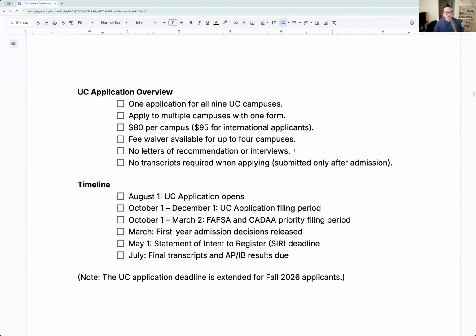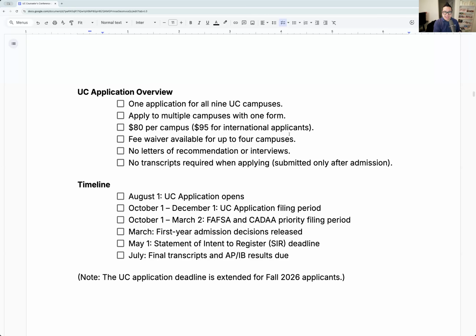There are no letters of recommendation or interviews for the UCs unless, by the way, little star, you get invited for augmented review. For some of our seniors right now, something you may see in December, January is the UCs might reach out and say, hey, optional, can you fill out this question? Can you submit this? That means you're in augmented review, meaning they won't tell you this, but I'm telling you from a reader's point of view, you're in the maybe pile, right? You've got to push yourself over to yes. They say it's optional, but it's not optional. You should highly do it.